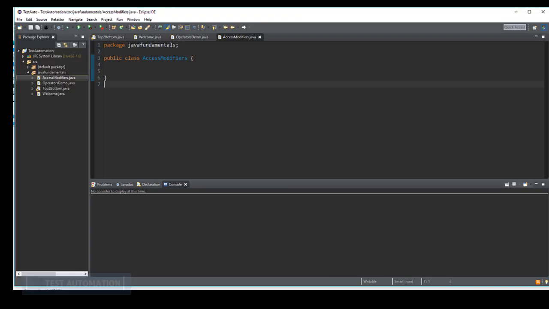Here I have created one class by the name access modifiers. But here what we need to look at is this part. Every class will have a keyword in front of it which indicates the access modifier for that class. In this case it's public, and this can also be nothing, which will be considered as default. So for now let's keep public as the access modifier for this class,